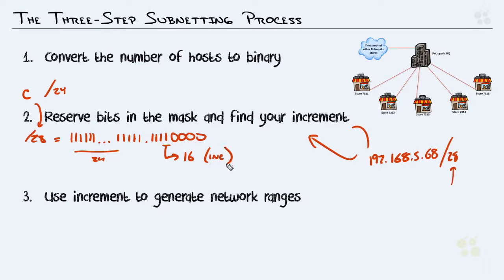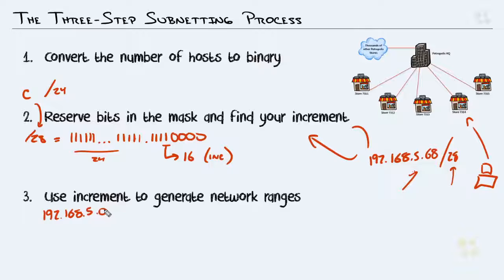So at some point, now this is just an IP address. It's assigned to a computer sitting in store 7314, whatever it is, right? It's a computer that's having problems, right? So at some point, when they were figuring out this subnet scheme, they would have started from 192.168.5.0, right? So if the network architect that's out there is like, okay, let's design this network. We've got Petropolis, all these stores. Let's start from zero and let's increment our way down. Well, that's already been done, right? We've got an IP address that's sitting there not working,